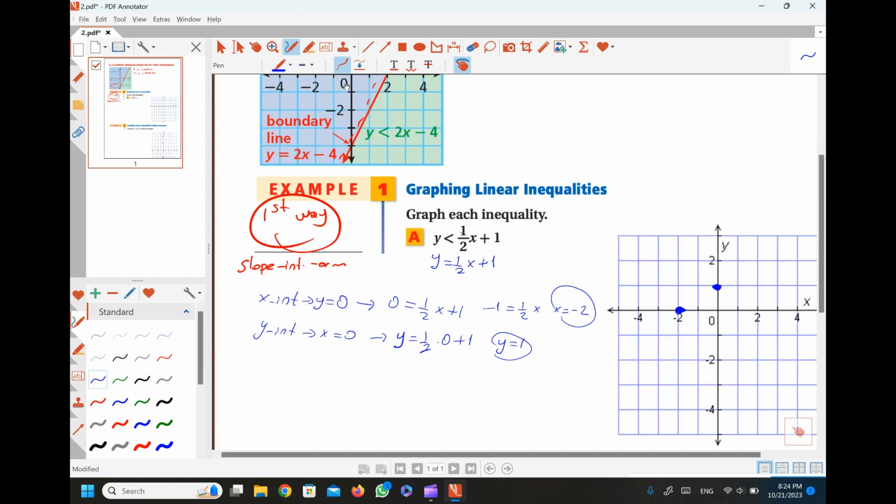Since our inequality is less than, we're going to use the dotted line, dashed line, to connect these 2 points. So let's use a dashed line to connect these 2 points, like this. And the final step would be